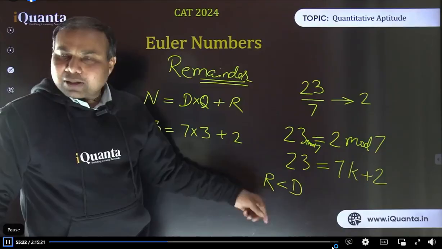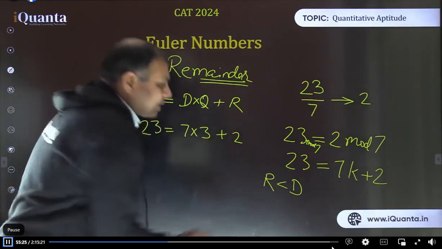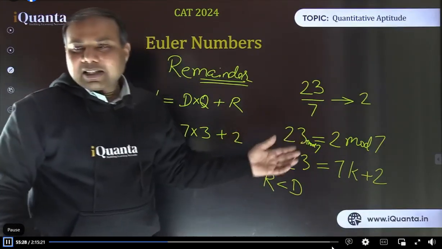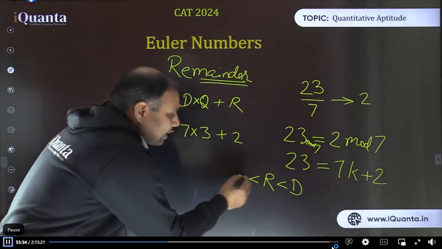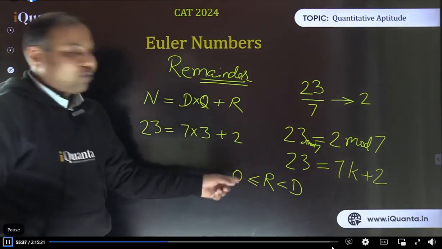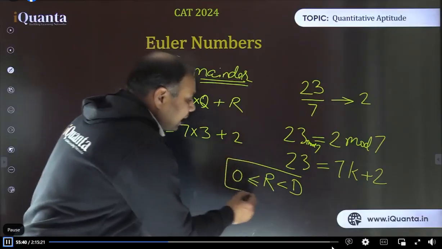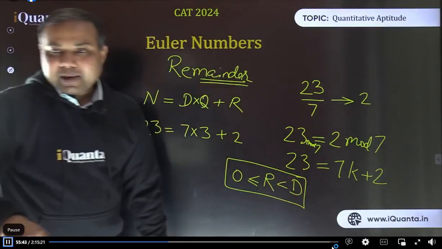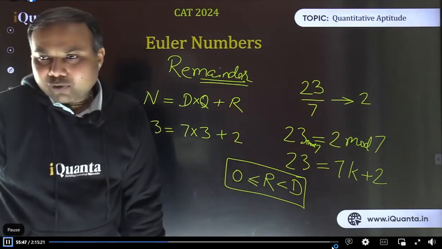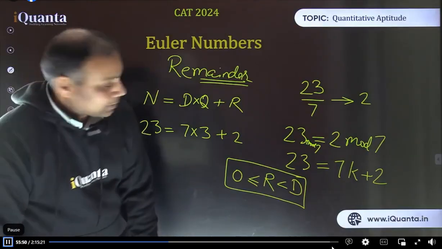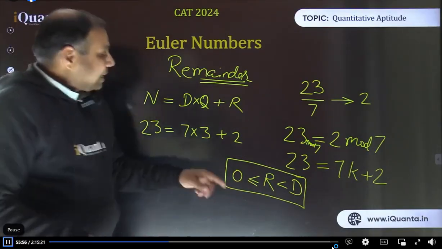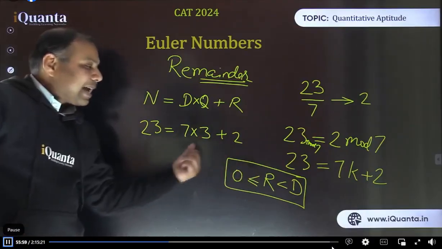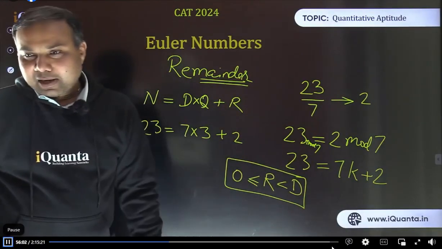Can it be more than the divisor? No. It has to be less than the divisor. Because if I calculate it to be more than the divisor, we can again make a group and subtract the divisor from it. Also, an important point is that the remainder is always greater than or equal to 0, but only for answer purposes. So while answering, the remainder can never be negative, as some of you were writing in the comments. But while calculating, we can make the remainder negative as well as more than the divisor.